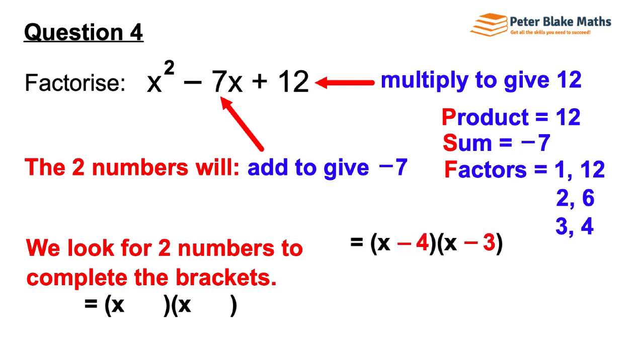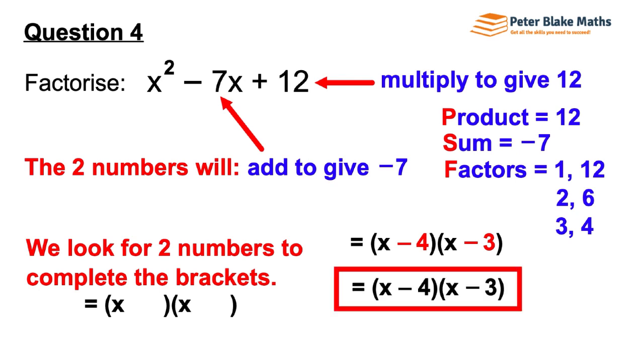So if we have both the 4 and the 3 as a minus, that will add together to give minus 7 on the number line. Minus 4 minus another 3, that'll be down at minus 7 on the number line. And a minus times a minus will make a plus, so I'm pretty confident with that one. When we multiply minus 4 times minus 3 we get positive 12. So I like the look of that, but let's just double check by expanding and see if we get back